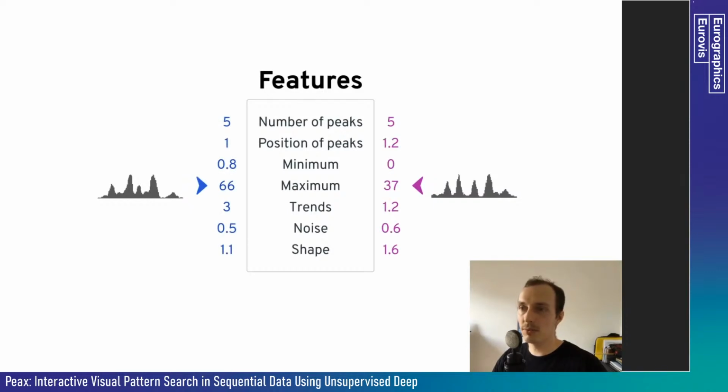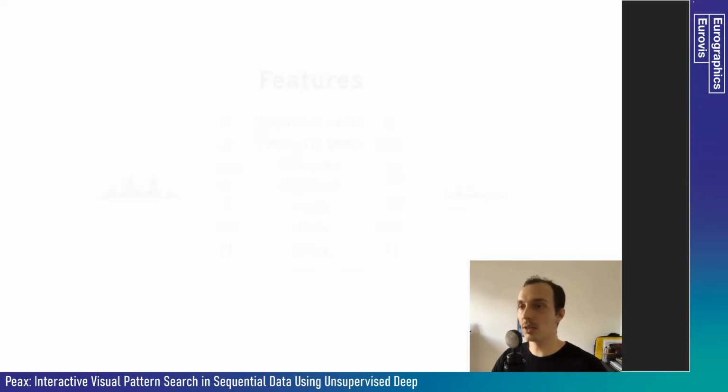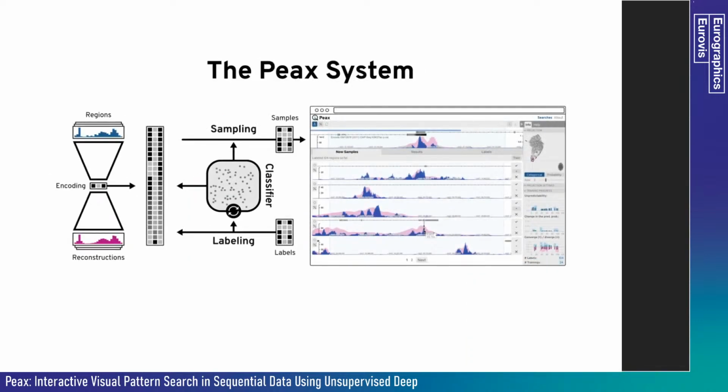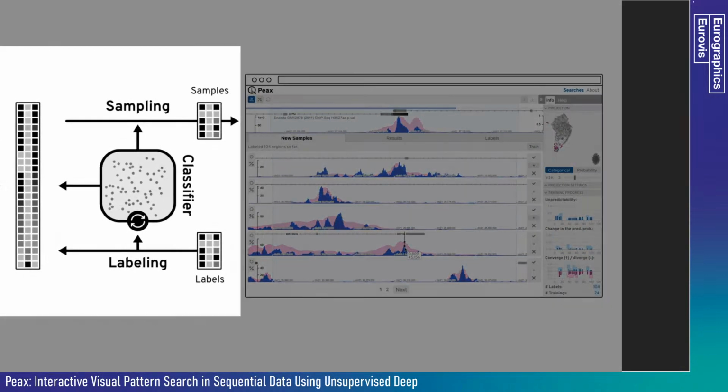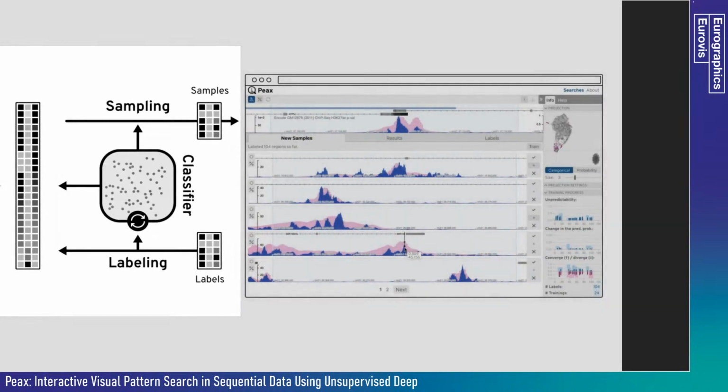But so far, we've used all features or dimensions of the learned representation equally for similarity comparison. However, the notion of similarity can vary by person and search query. For instance, sometimes only the number and shape might be important, while other features like the position and magnitude might be irrelevant. To provide a generic approach for visual pattern search, we built Peaks around an interactively trained binary classifier